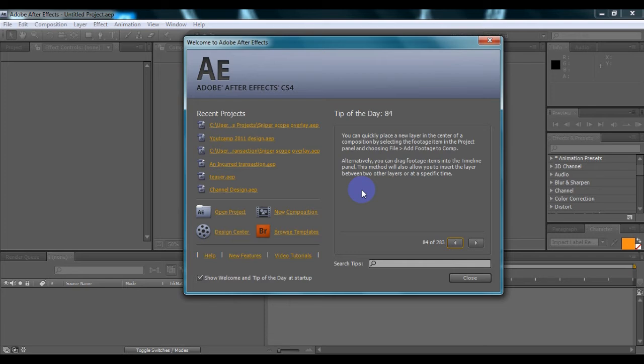Now, there are quite a few sniper scope overlays out there that you can use. There are the simple black boxes with the circle cut out with an alpha channel, so that you can just put your crosshairs over it and it's done. It's just plain and simple. But if you want to take it a little step further,